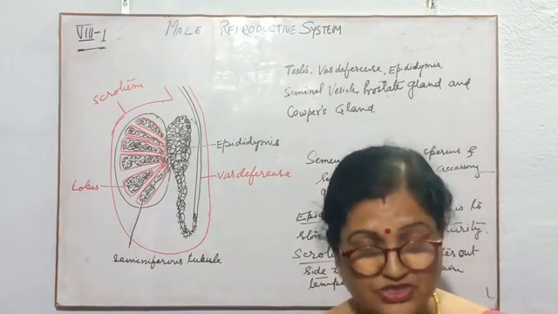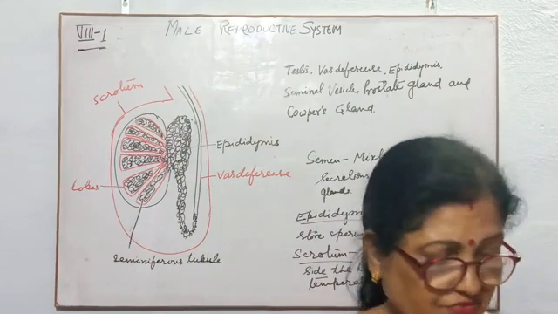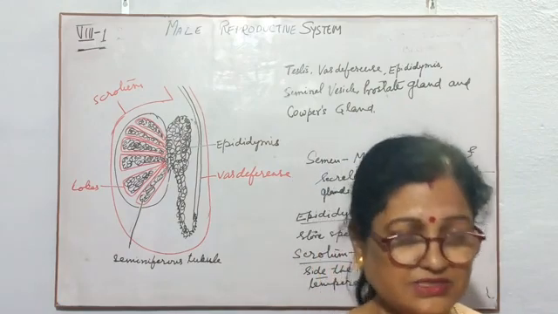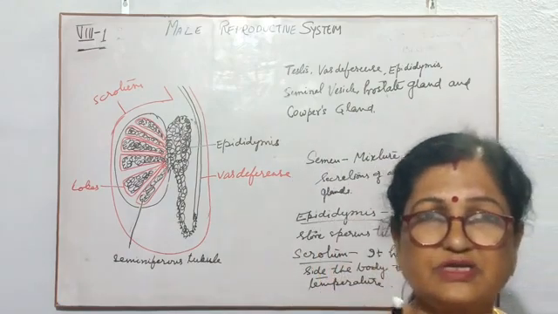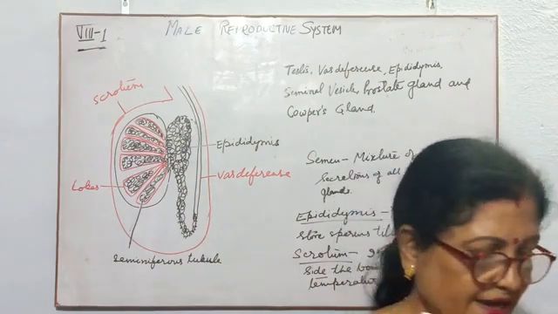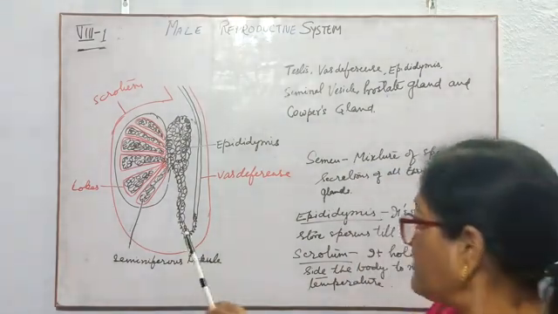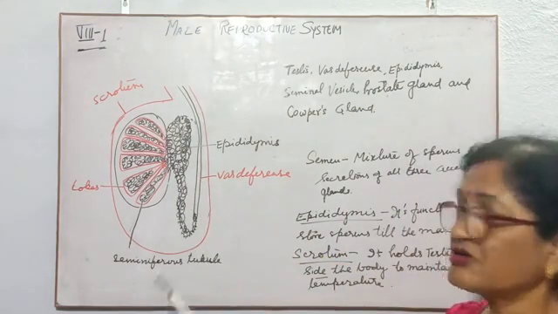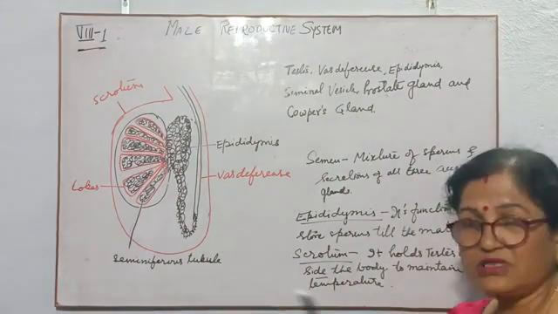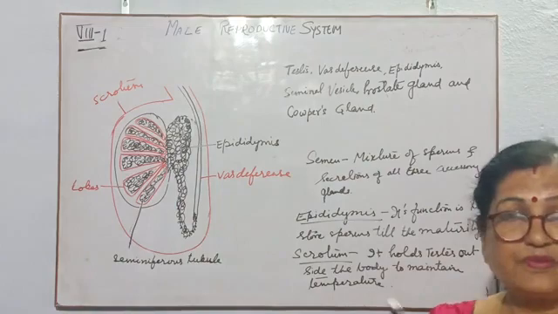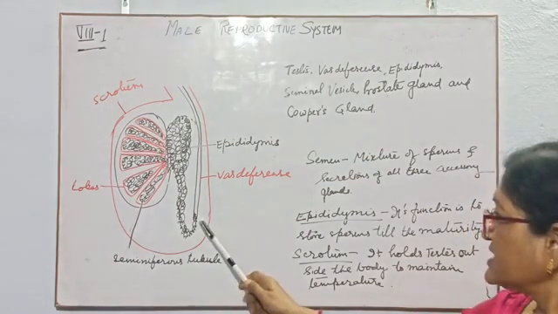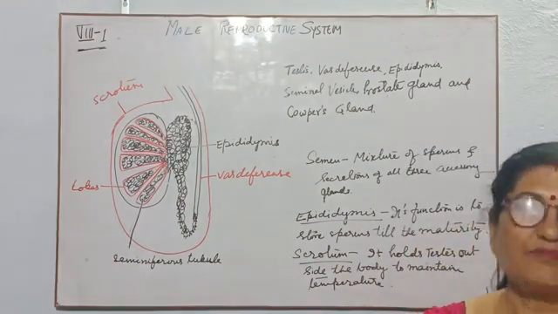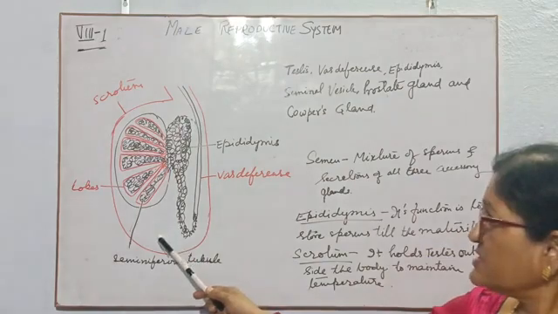So during maturity, what do they want to get? First and foremost, they become motile or movable. That means, according to the figure, the sperm should get some tail. After getting maturity, this is the head, this is the middle part, this is the tail part of the epididymis, and then all the tubules will be joined, and they will form a single tube, that is the vas deferens, and from the vas deferens all the sperms will pass out from the testis,